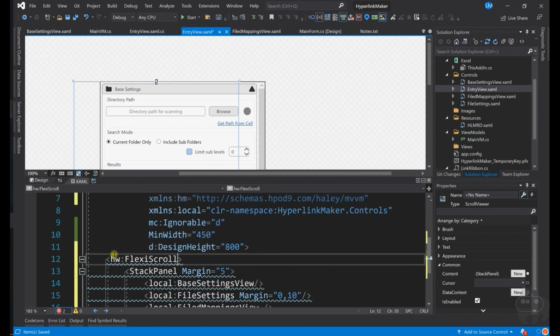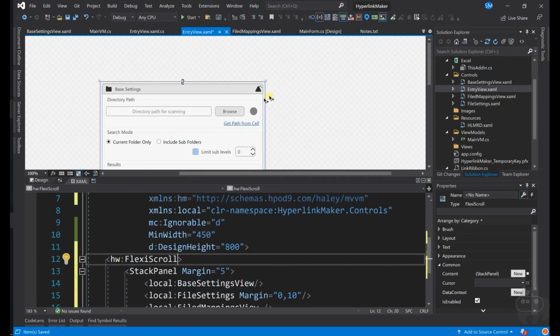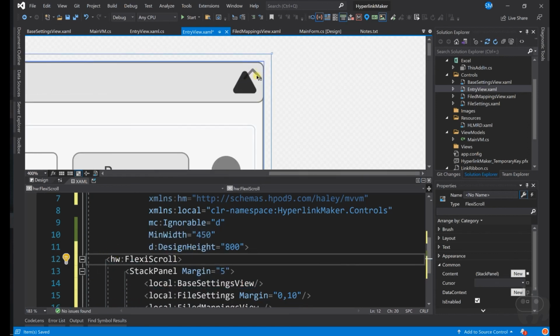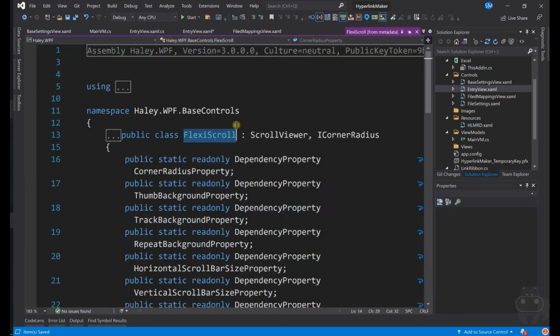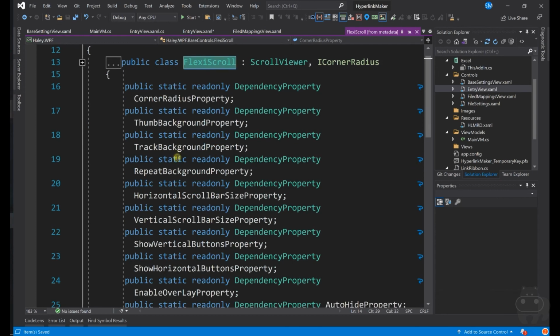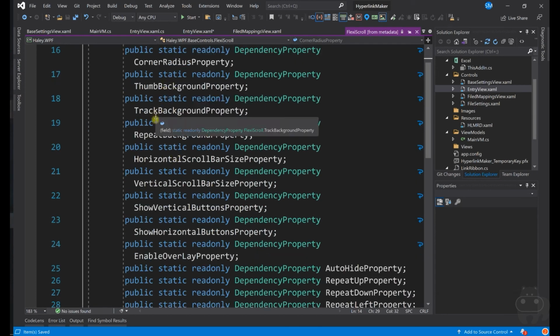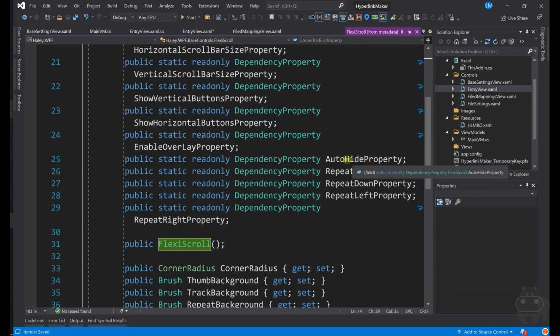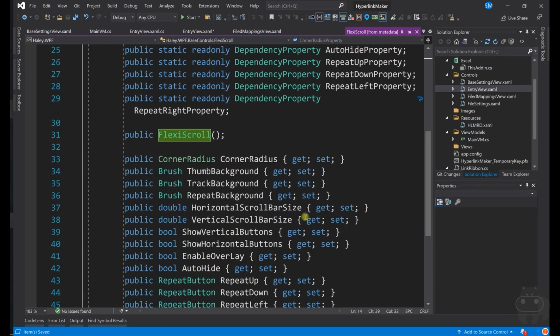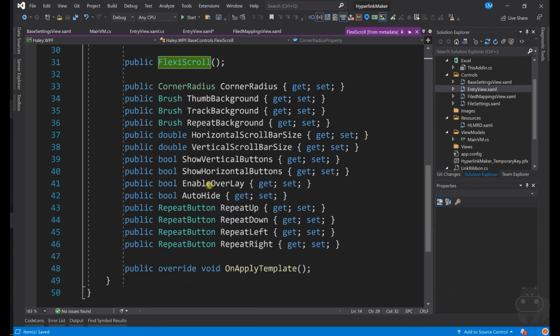Flexi scroll is now there. So let's go to the scroll viewer and see what properties we have. Corner radius, thumb background, which means you can change the color of the background, track, repeat button, everything, and auto hide. This is the property that we are looking for. Auto hide and enable overlay.